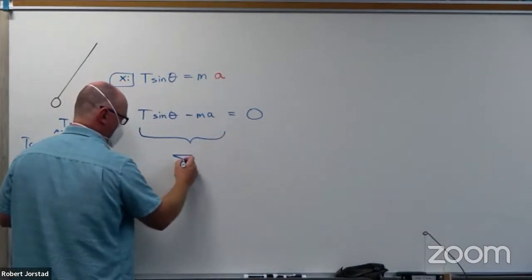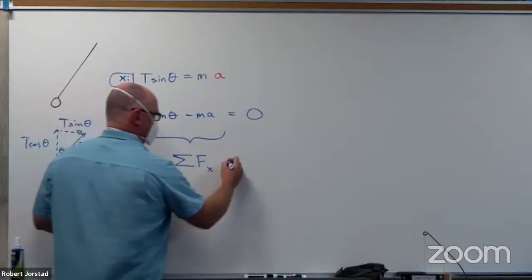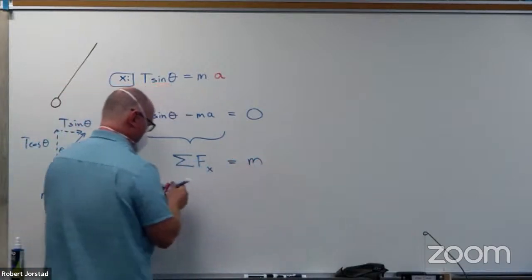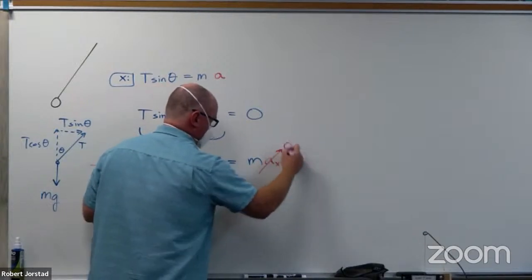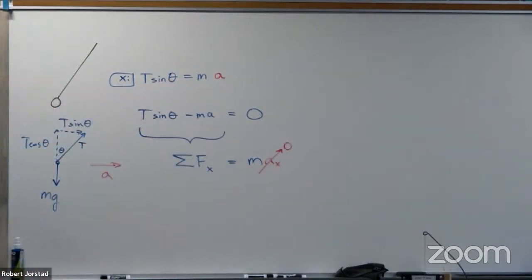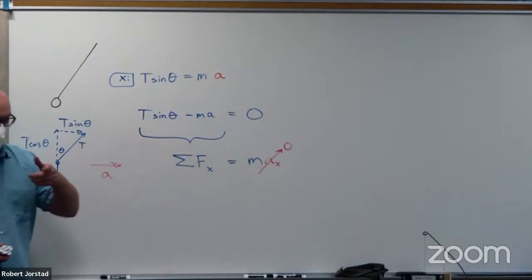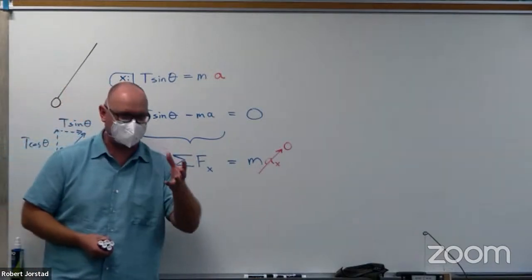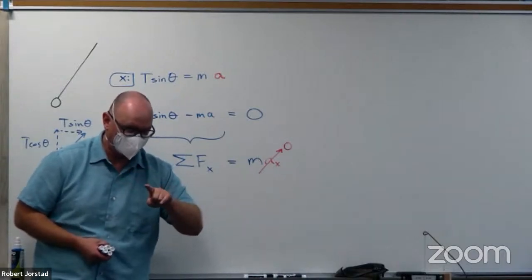I'm going to pretend this is the sum of forces in the x direction, and it's equal to mass times acceleration in the x, but I'm going to pretend that the acceleration in the x is 0. In theory, this equation looks like a force equation. And remember how all day you keep saying ma is a force, ma is a force, ma is a force,